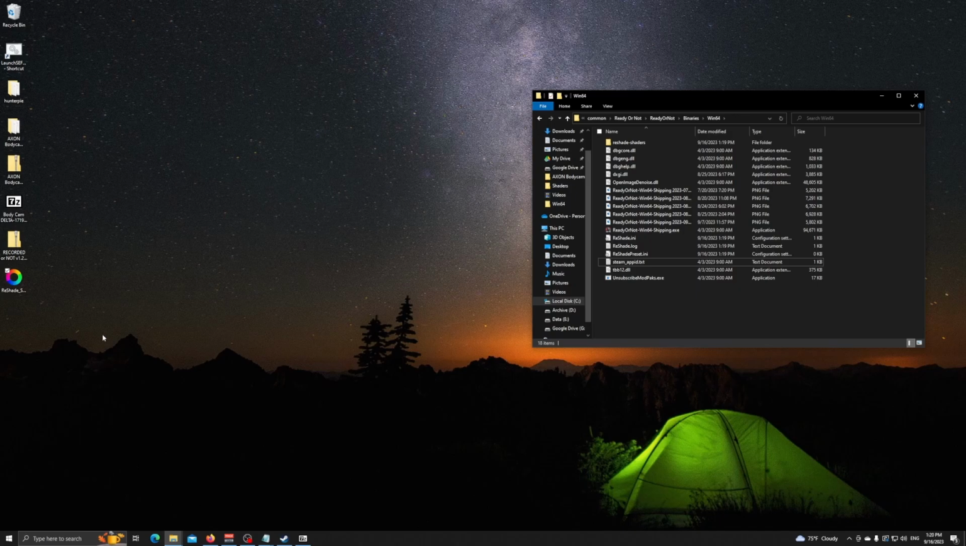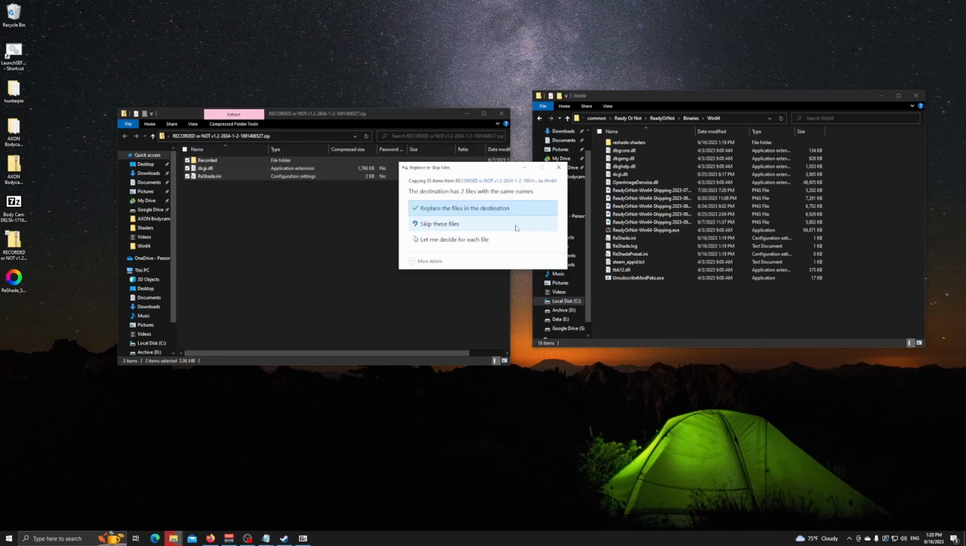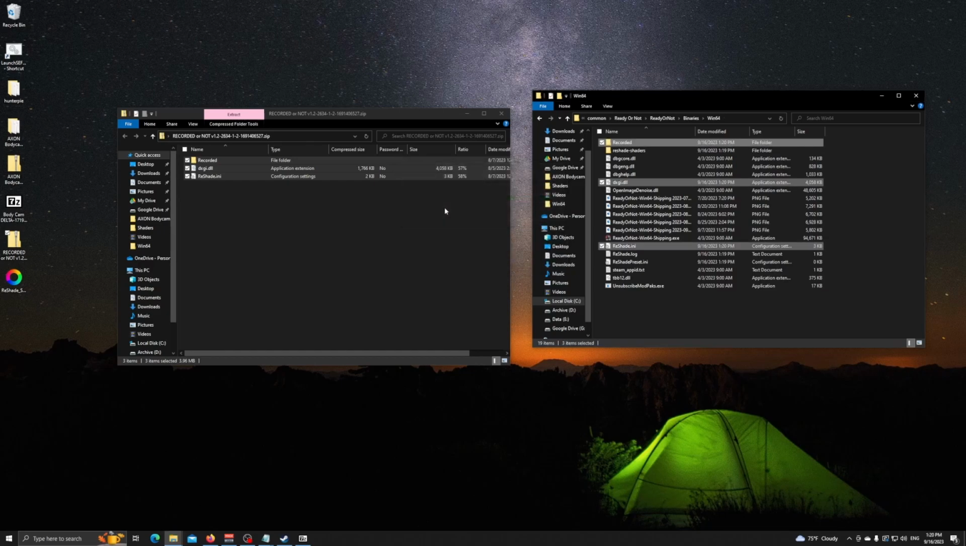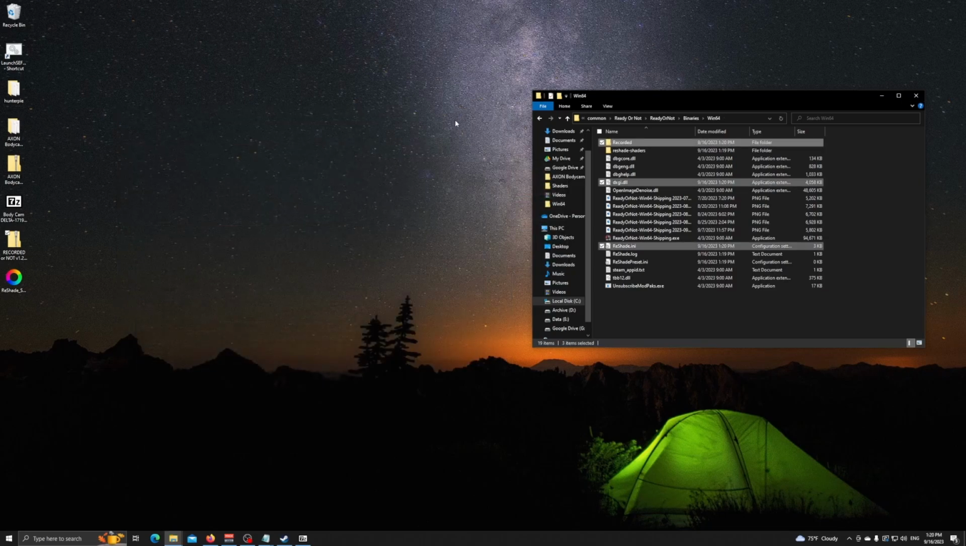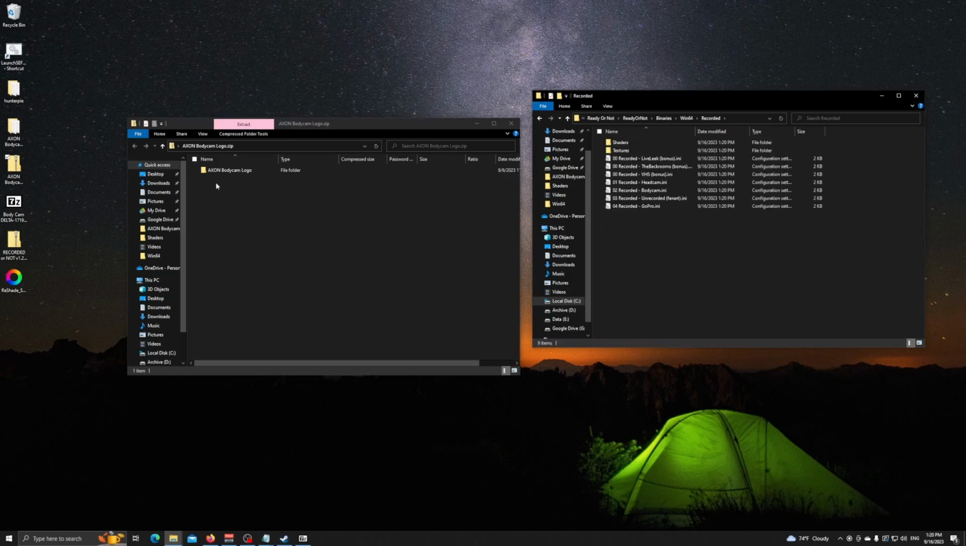Okay, so let's say you want to install Recorder or Not instead. The installation is relatively similar. It's just that a few files need to be placed in different areas. First thing you want to do is copy your Recorder or Not folder to your game folder, place the files. This time with the Axon Bodycam logo mod, you don't want to place it in here. Go into your recorded folder,